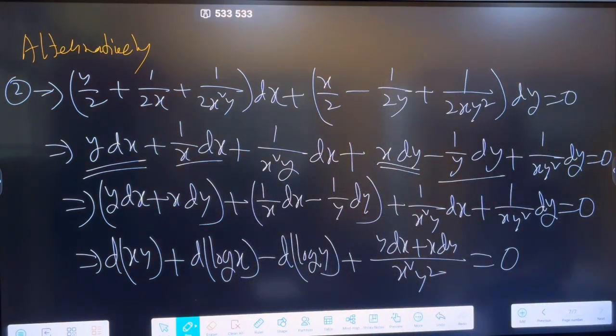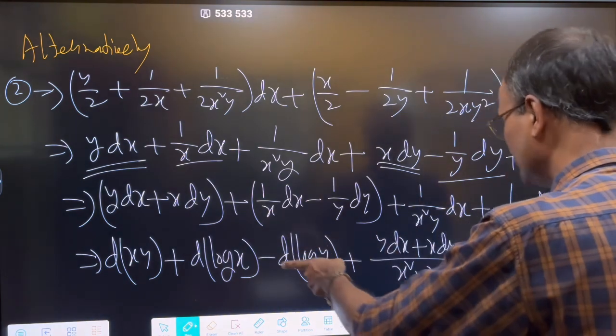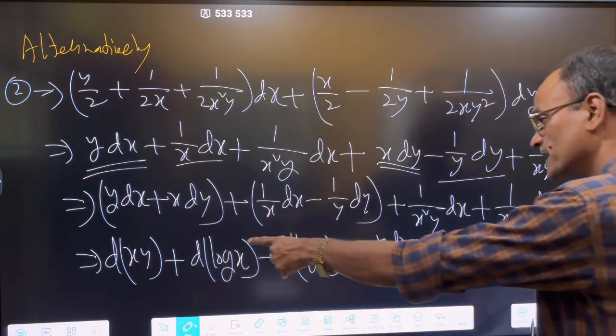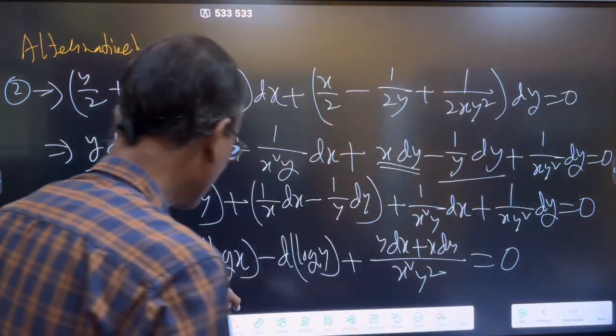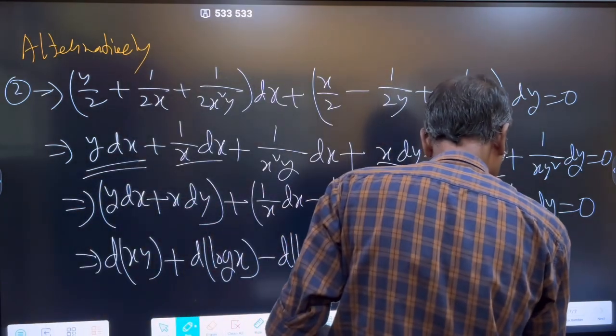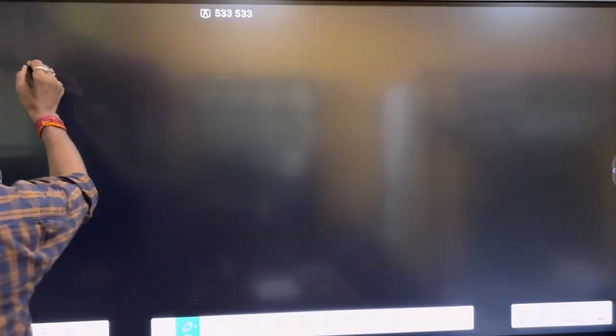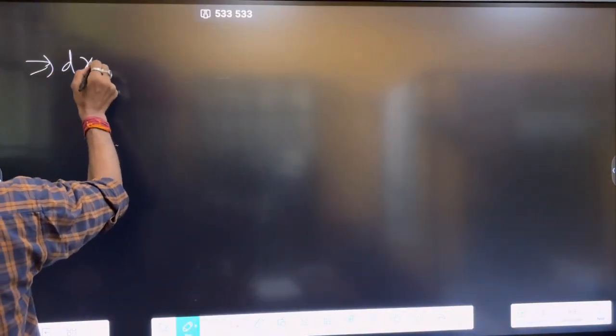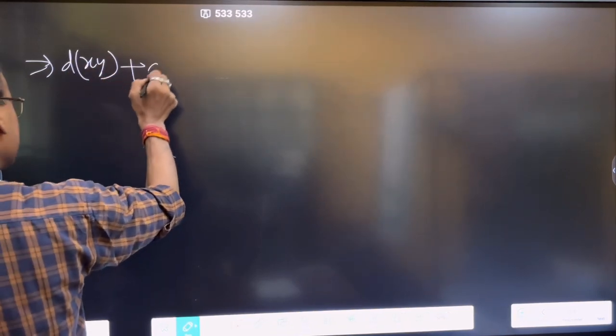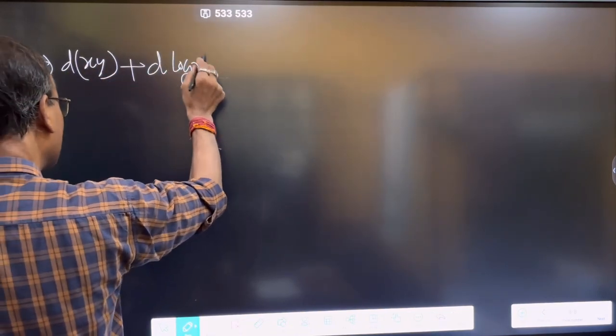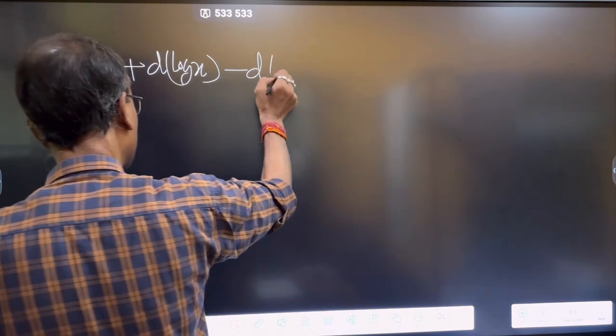You may write like this. Or d of xy, d of log x minus d of log y, or d of xy plus d of log x minus d of log y